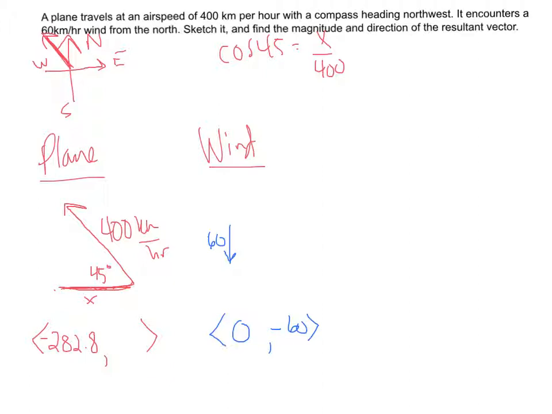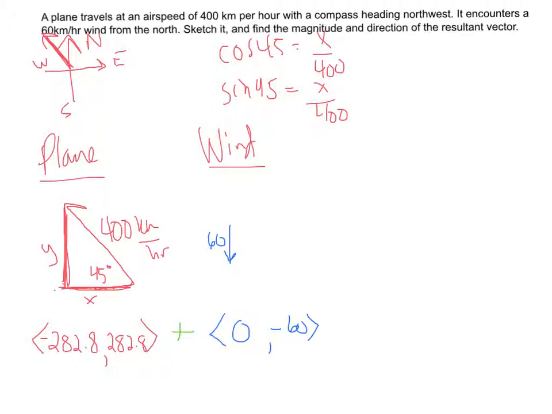And then the y direction is going up. That's the opposite. So we do sine of 45 equals y over 400. And if you remember your special right triangles, you know that the x and y are the same, so the y is going to be 282.8 as well. So our resultant vector, I'm going to do in green here,